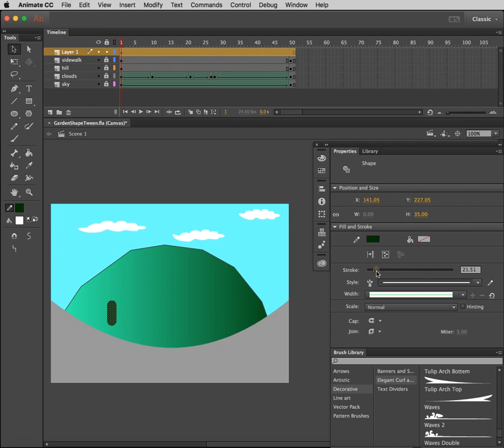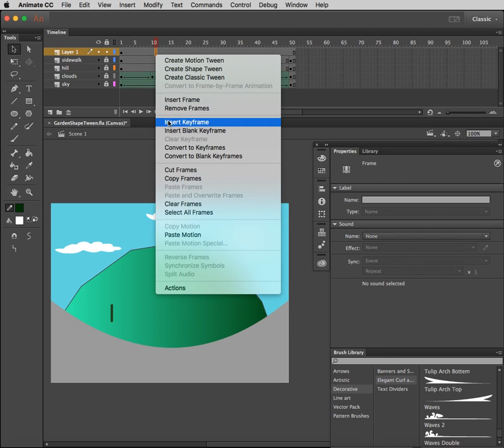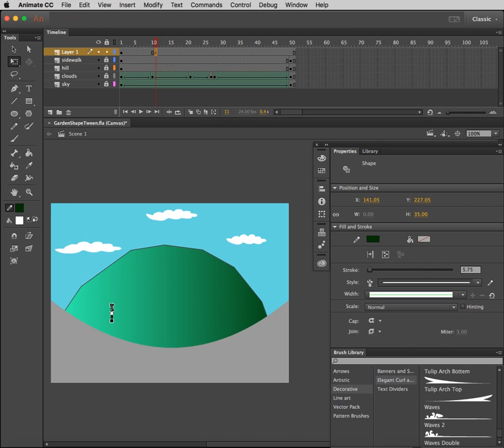So I'm going to select it. And I'm looking for the dotted pattern. When I see the dotted pattern, I can make changes to the shape in the properties window. I'm going to start at like a 5.7. Let's go to 10. I'm going to put it in a keyframe. Since it is still selected, I'm going to use my transform tool and make it a little bigger, like fatter,